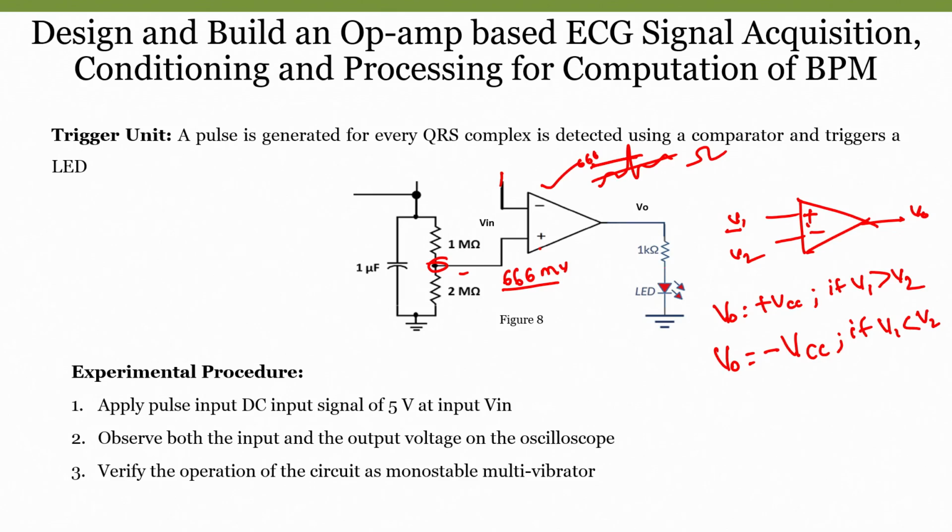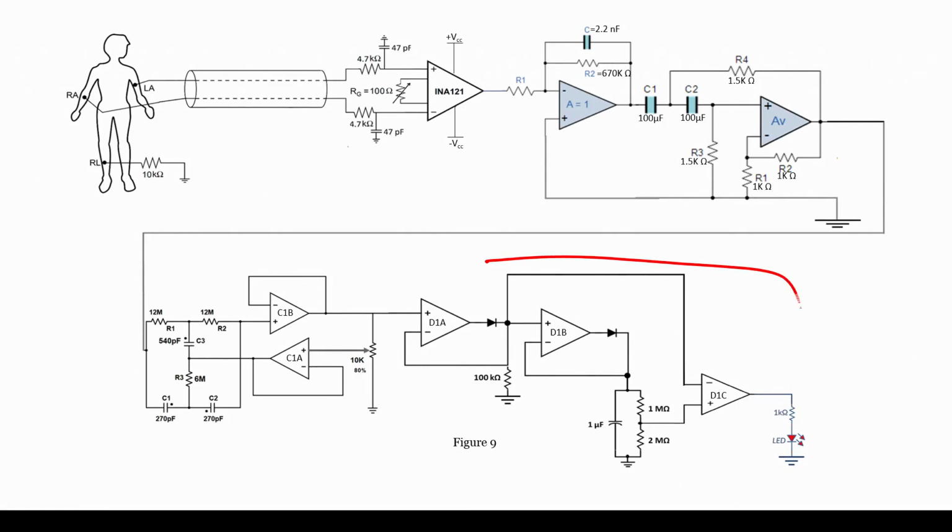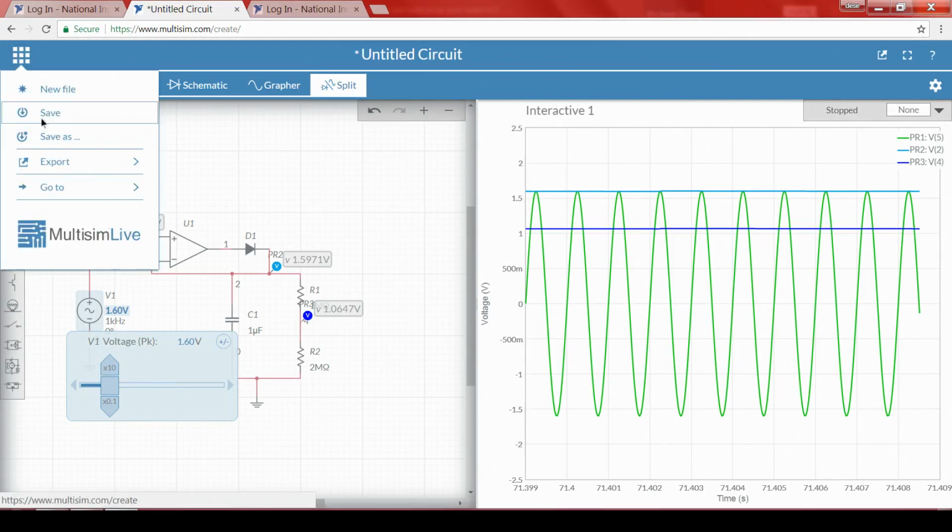So, what I will do is implement the same circuit. If you remember, this particular portion we will implement now. Here we will apply the actual input signal. This input signal we are applying, and here it detects a peak and generates a threshold, that we will compare with the input signal, and we will observe whether we get pulses only when the input is greater than that or not. Okay. So, I will go to Multisim once again. Let me save this circuit.